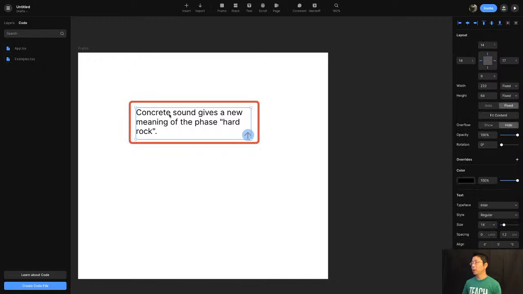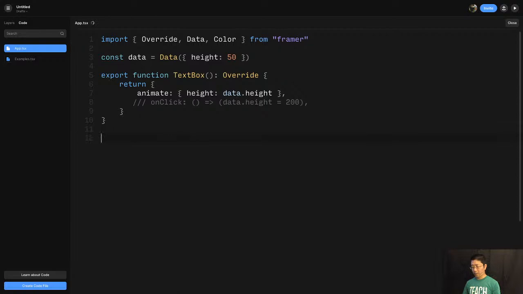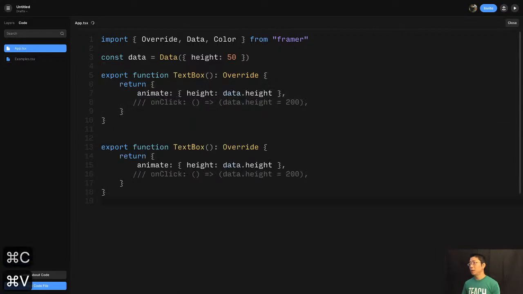And now our goal is to override the text of this text box, so that we can change it periodically, right? Again, we want to add an override, and it'll be something else. Let's edit the code here. Copy this, it's called letter typing or something,